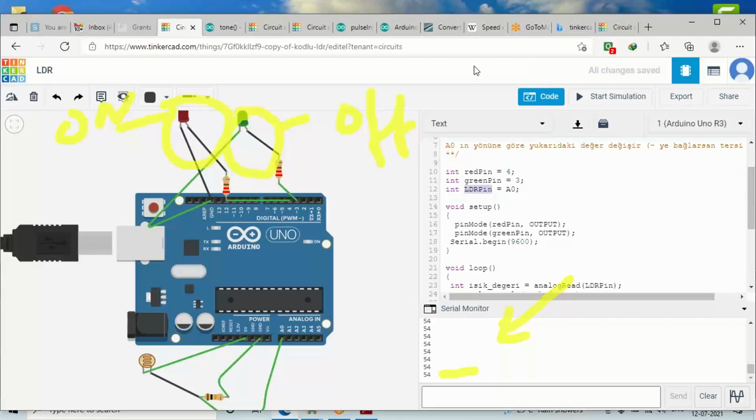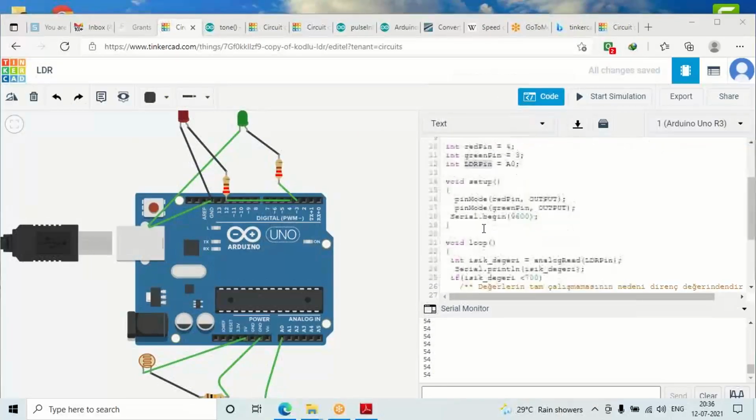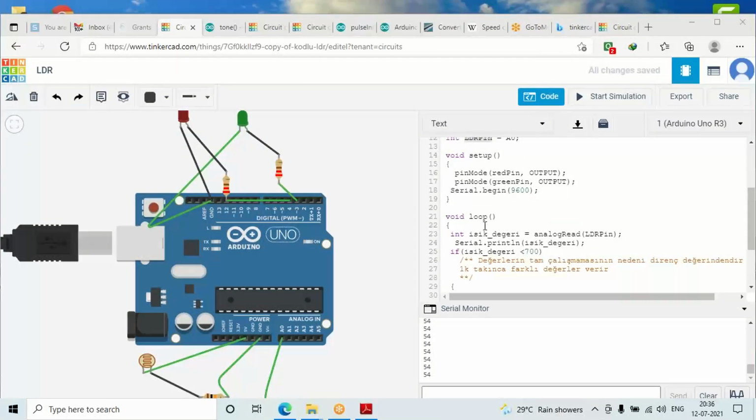Okay guys, if you have understood this much, let's proceed forward and try to understand the simple code present in void setup and void loop. This void setup and void loop is important. Look carefully, guys.